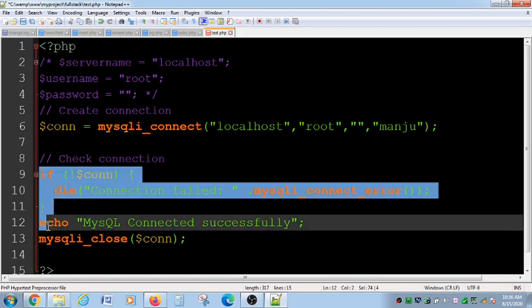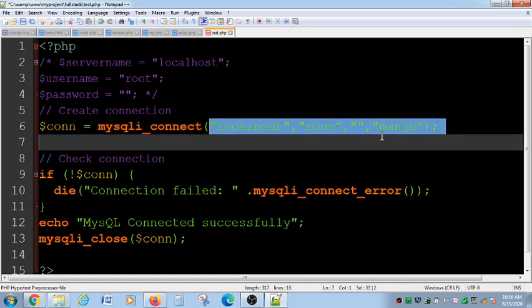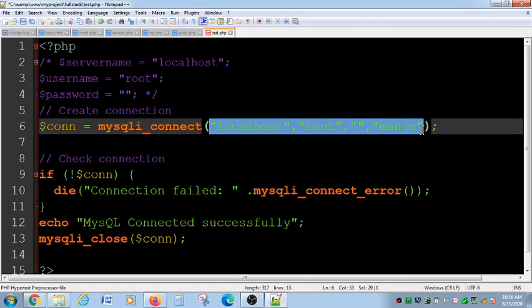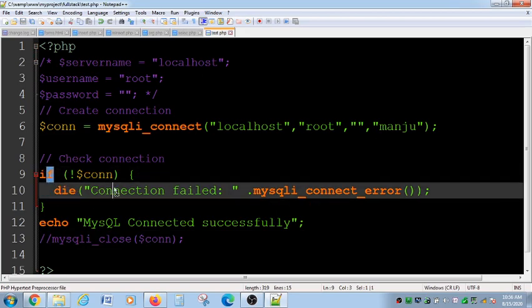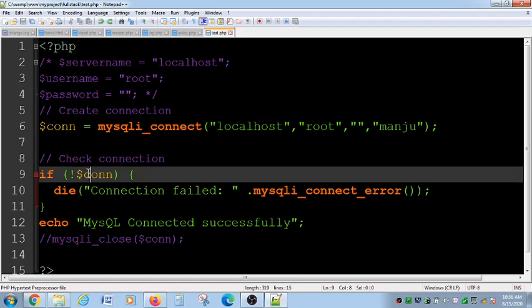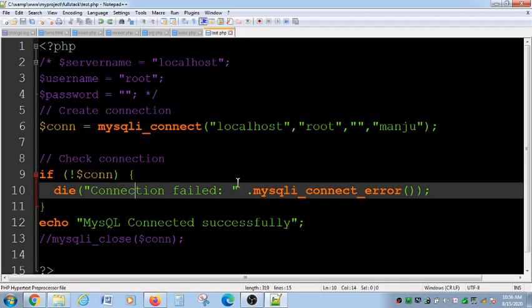So these 3 lines are just to display a message stating whether the connection is successful or failed. That indicates that PHP has successfully got the instruction that it is going to so-and-so database, so-and-so table, and so-and-so user with the server. Here we have one more line, mysqli close connection. I will just comment this, and we will go one by one. You can see if connection failed is there, it means when there is any error, we are telling that connection failed with message.